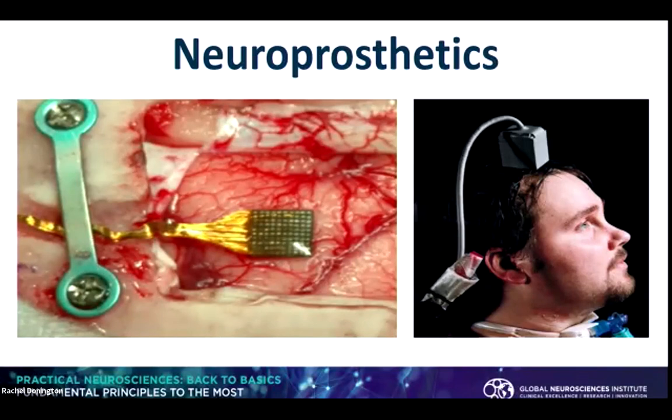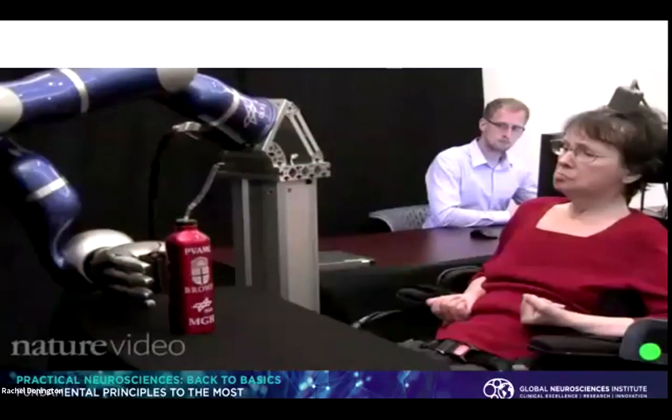So what we can do is control our arms and our legs just by thinking. We can send the impulses from the brain to a prosthetic arm, to a prosthetic leg. It really is remarkable what we're able to do. So if you look at, we can go past the videos here.